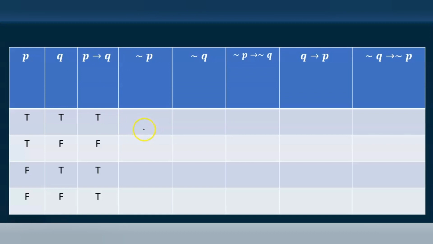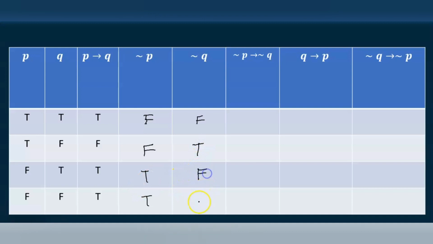Let us now fill in the table. For the column not P, we just have to refer to the truth values of P and negate these truth values. So true becomes false, true becomes false, false becomes true, and false becomes true. So we have false, false, true, true for not P. For not Q, you just have to refer to the second column and negate that. We have false, true,